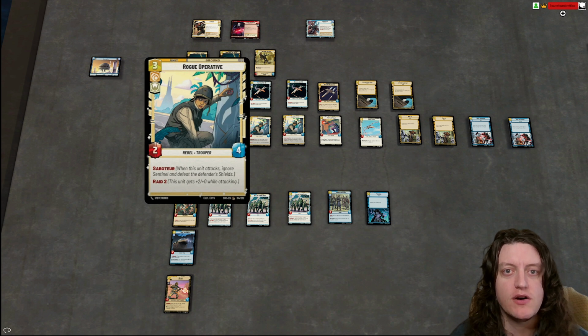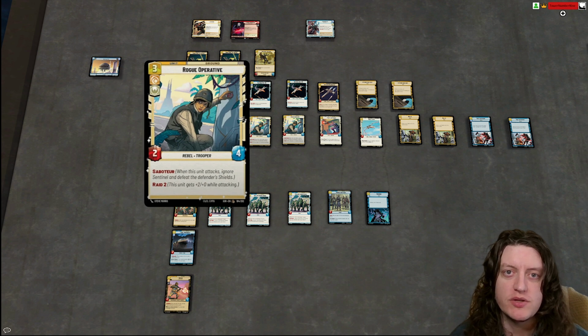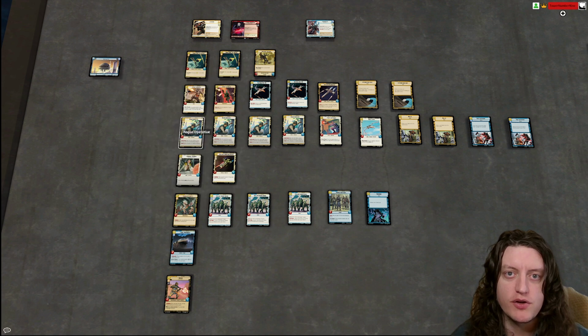This unit hits really hard. 4 HP is enough that a lot of basic stuff won't necessarily remove it. Saboteur lets you defeat Sentinel and Shields. I had one game where someone had shielded a unit with a security complex, then I just pierced right through the shield and defeated it with the Rogue Operative. Overall,